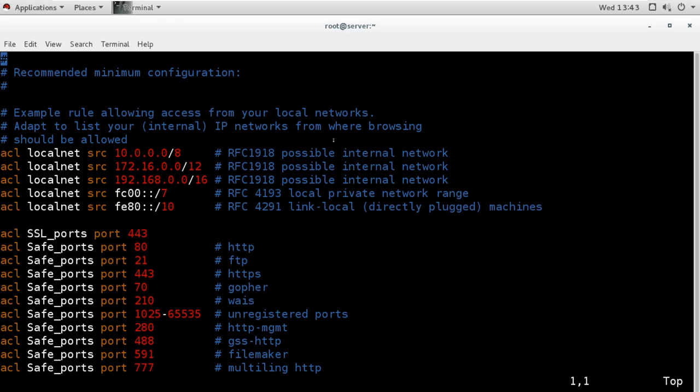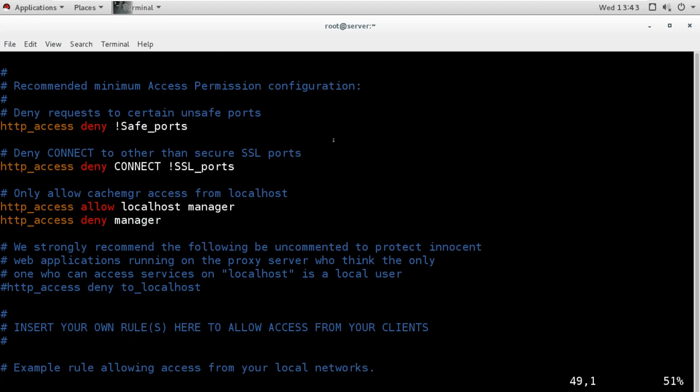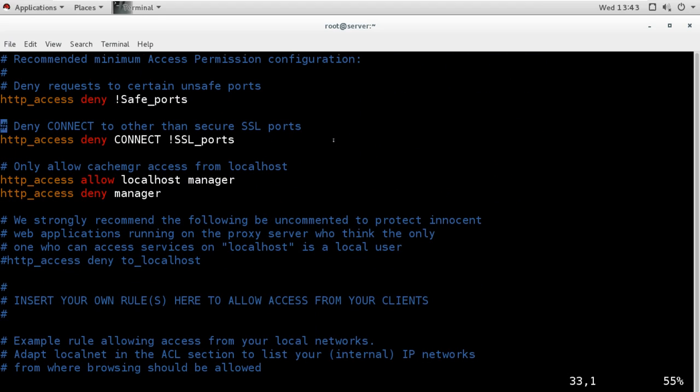What we do in Cisco routers is configure the ACL, mention which network and which protocol we want to configure, and then apply those ACLs on the interface. The same thing we can do in Squid: create the ACLs and apply them according to our requirement, allow or deny.